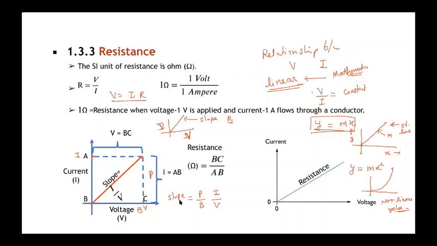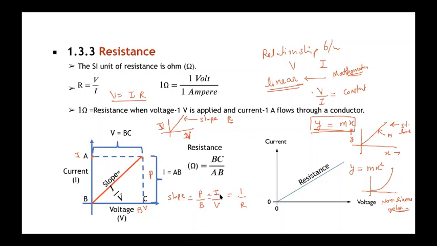So I'm saying this slope is your perpendicular upon base, and this perpendicular has the magnitude of current, and this base is the magnitude of voltage. So what is I by V? This is a constant, and you can say this is 1 upon resistance. This is just a constant number, so it doesn't matter if I write R or 1 by R. It will still remain a constant. It still will tell you about your resistance. You getting this thing?